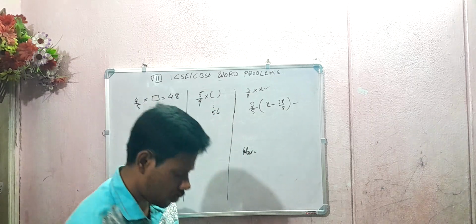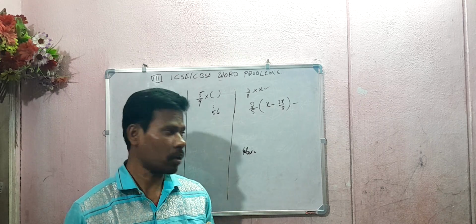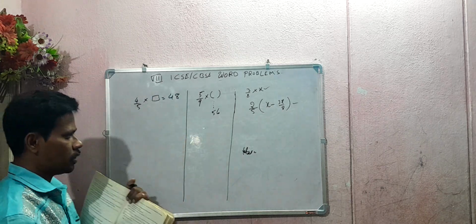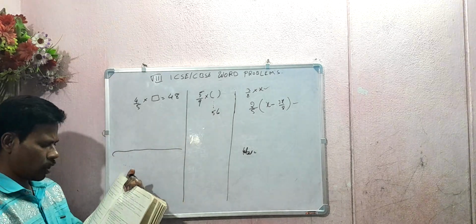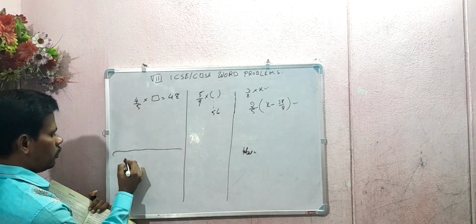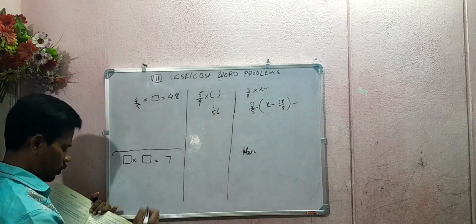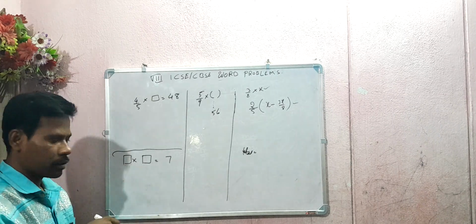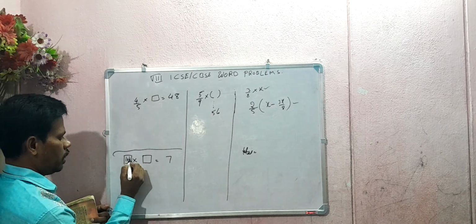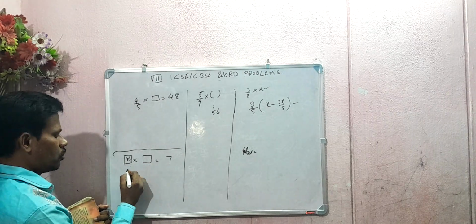Once again I will rewrite the question. The product of two fractions is 7. Product means you know it is multiplication. If one of them is 18 1 by 5, here 18 1 by 5, one fraction is given, you have to find the other one. So what you have to do,